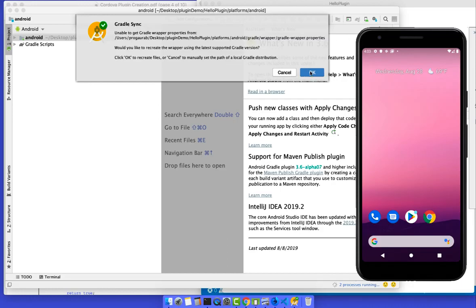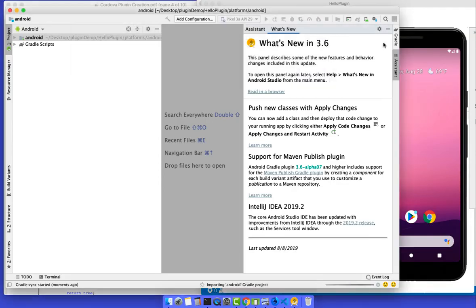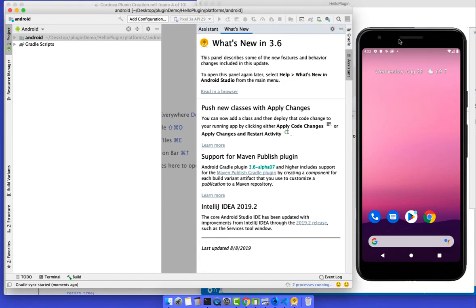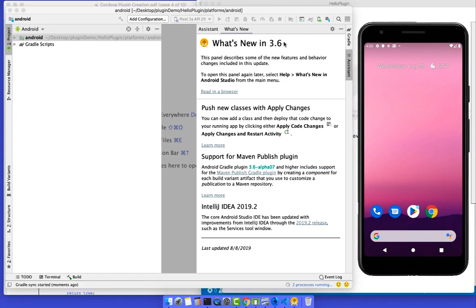For Gradle sync you might or might not get this type of pop-up. Say okay, and it will update your Gradle. So this is our Android emulator, and this is Android Studio.